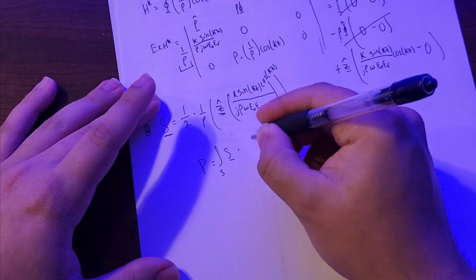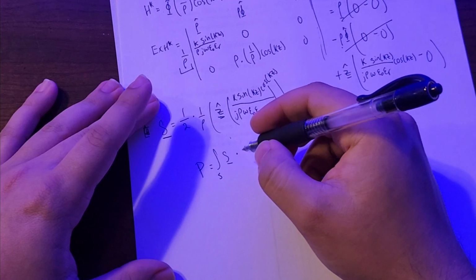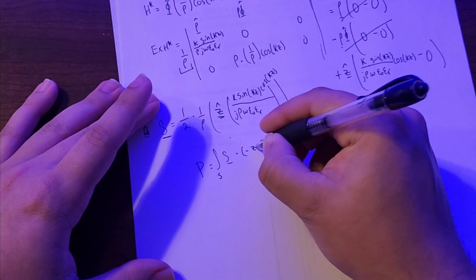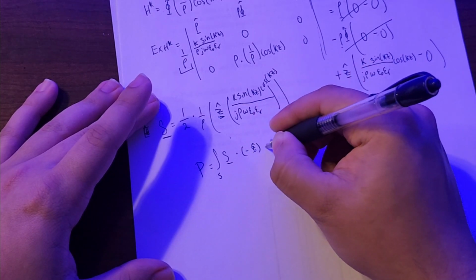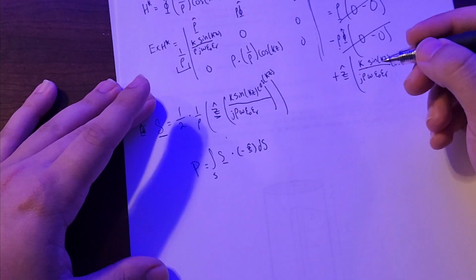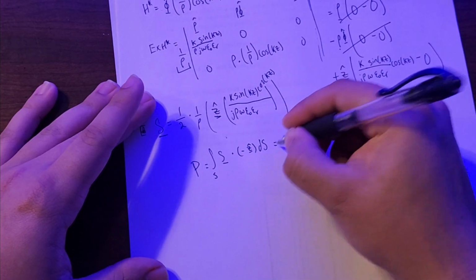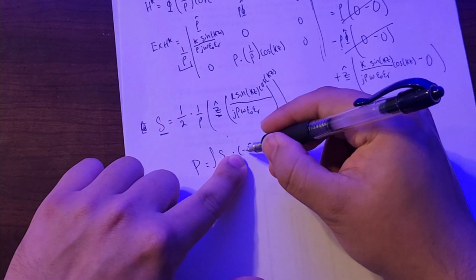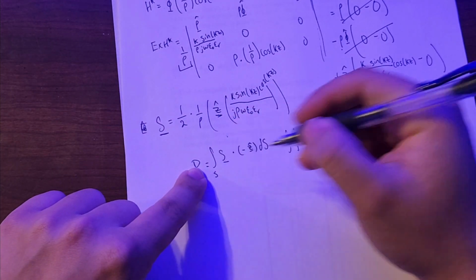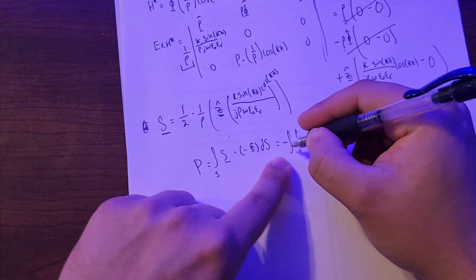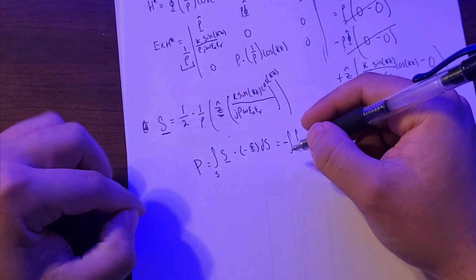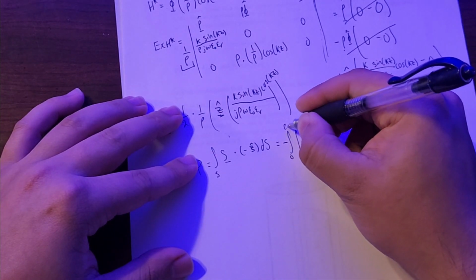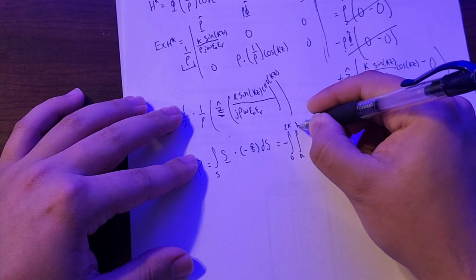Okay, so we have times negative z hat, and then dS. This can be rewritten as the double integral negative. We'll move this negative out in front. We'll make this negative here, so now this is a negative instead. Negative, the integral from 0 to 2 pi and from a to b. This is your